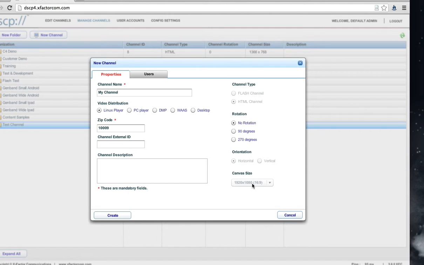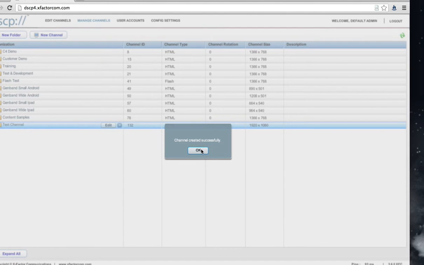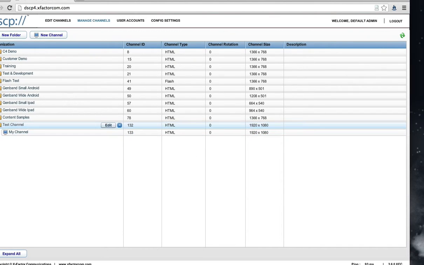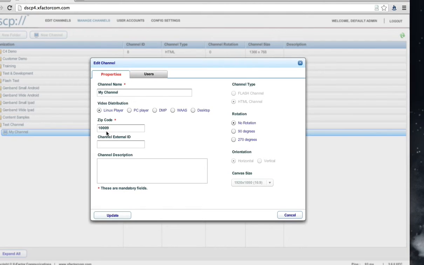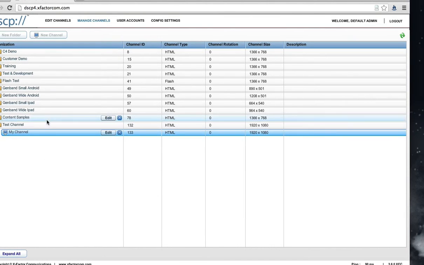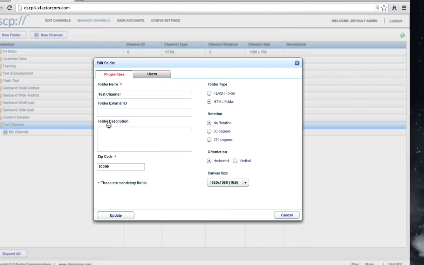Also with the canvas size, it's fixed for the entire hierarchy. This will probably change in version 4.1, where we will have a more flexible system, but for now this is the way it works. So I create that, and the channel is created, and I can go in there and edit it and see what it was before. I can make a change. If after the fact I want to change the top level, which I can do here, and make this a flash player,